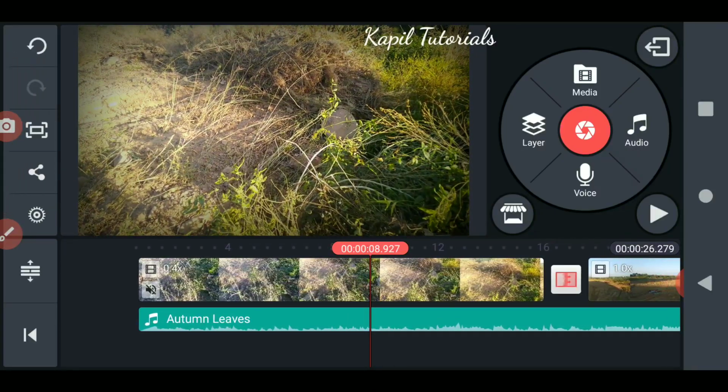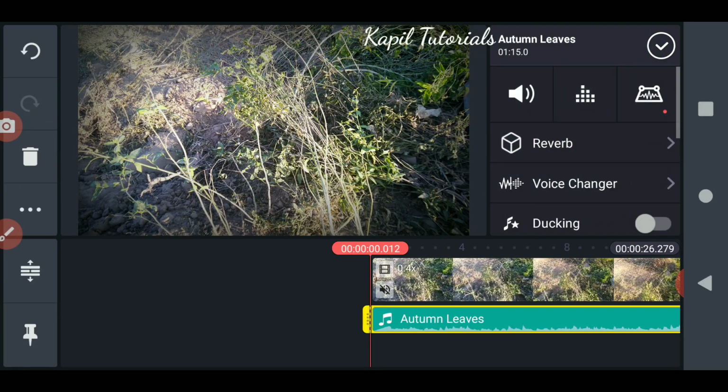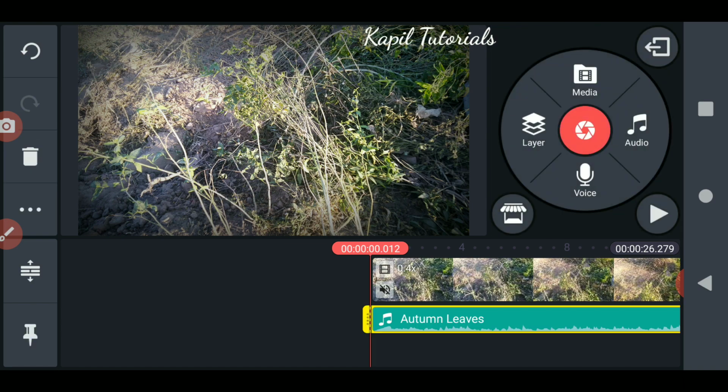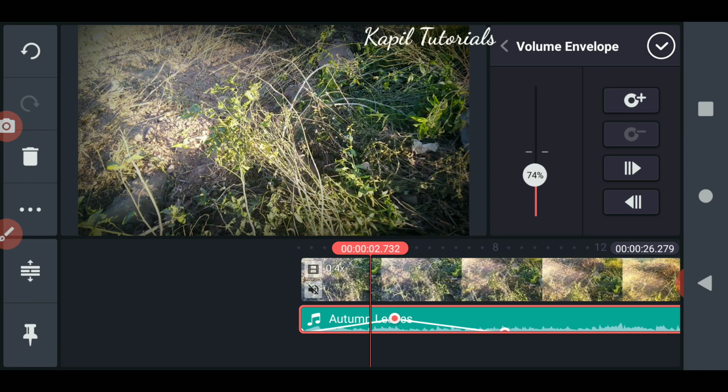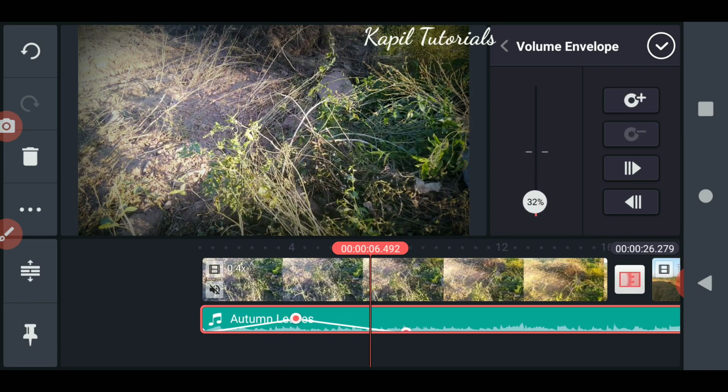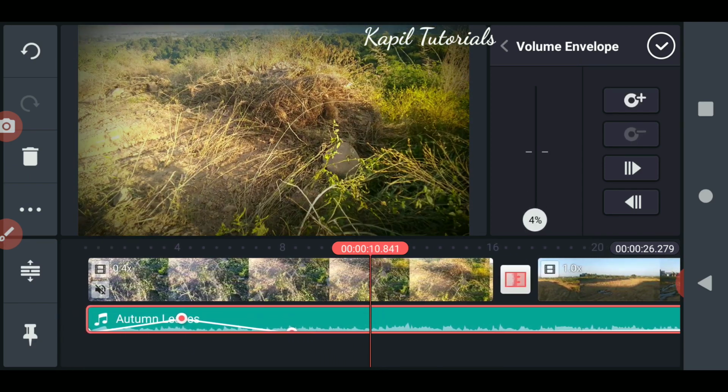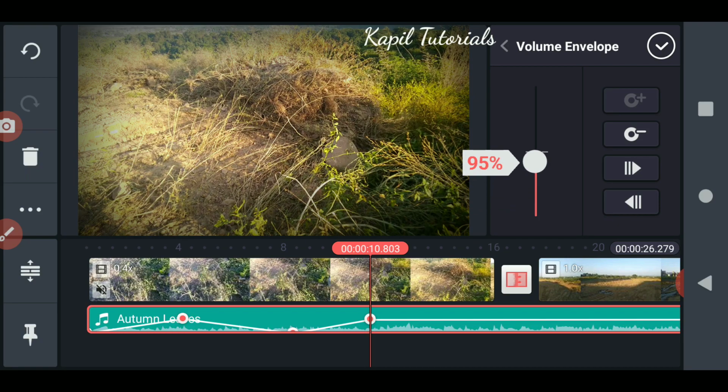You can see only for a while I can hear my sound, and afterwards the sound has gone down. So you have the control to automate your sound. Wherever you want more sound, you can use this option. See, it's automated. Suppose again I want to increase, I can increase.